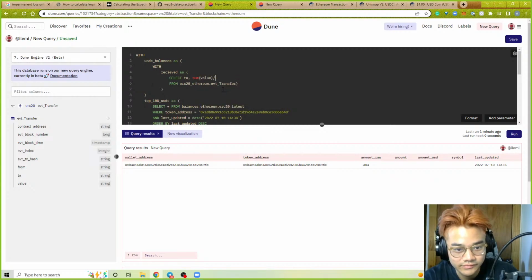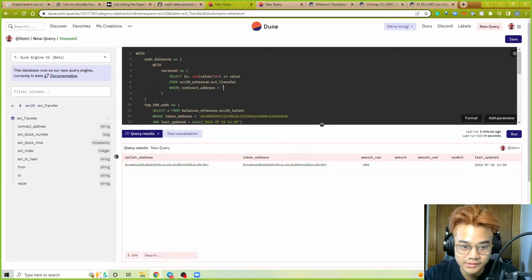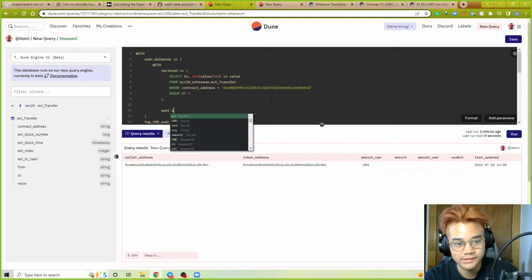Some value divided by 1e6 as value where contract address equals the USDC token group by 1. Now we're going to do sent as